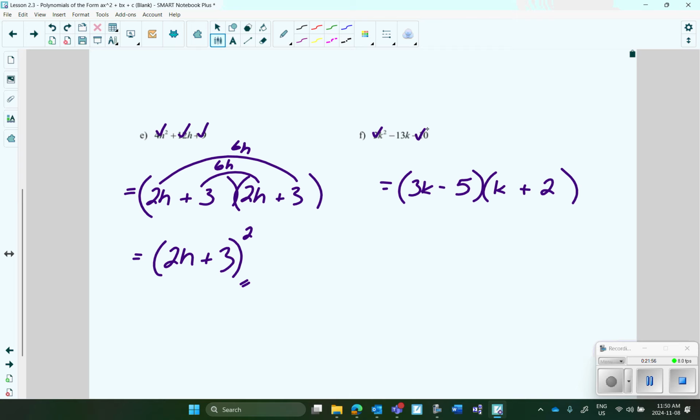If I do that, it gives me 6k multiplied on the outside, minus 5k multiplied on the inside, which is not going to combine to get this. It gets me a completely different number, doesn't it? So what can I do to correct? Switch the numbers. So 3k minus 2